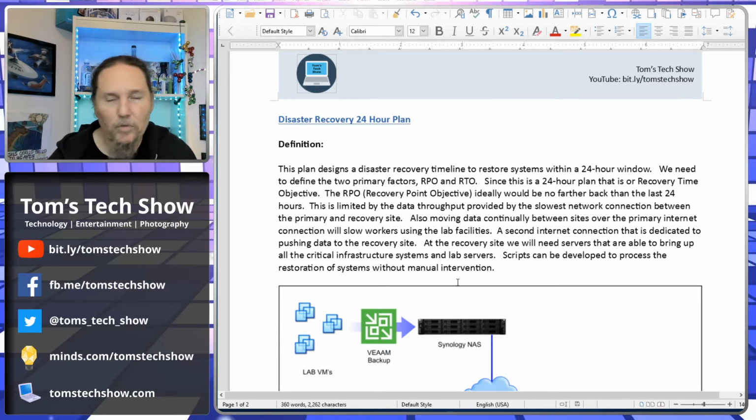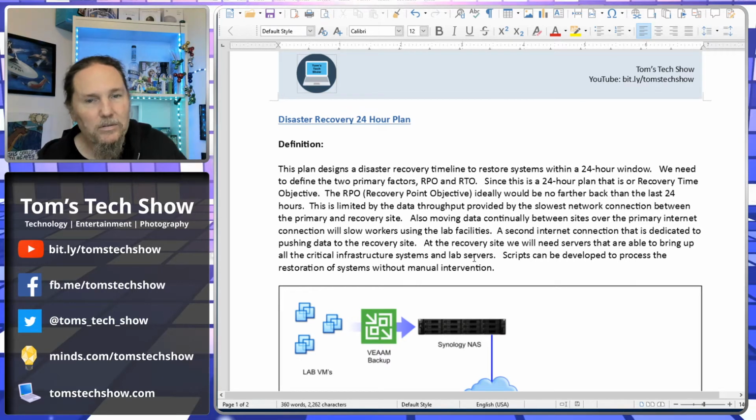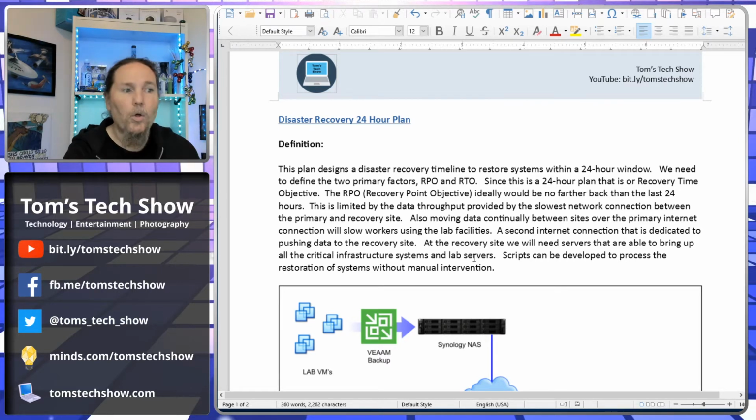If your data doesn't move that much, then maybe that would be something you could do. If you move the whole site and then you have SQL data that you need moved, you continually trickle the SQL data over, and then once a week or once a month, you transport the whole environment and refresh the environment at the DR site. So there are a few different things we can do. Maybe there'll be 2 different recovery points, right? The